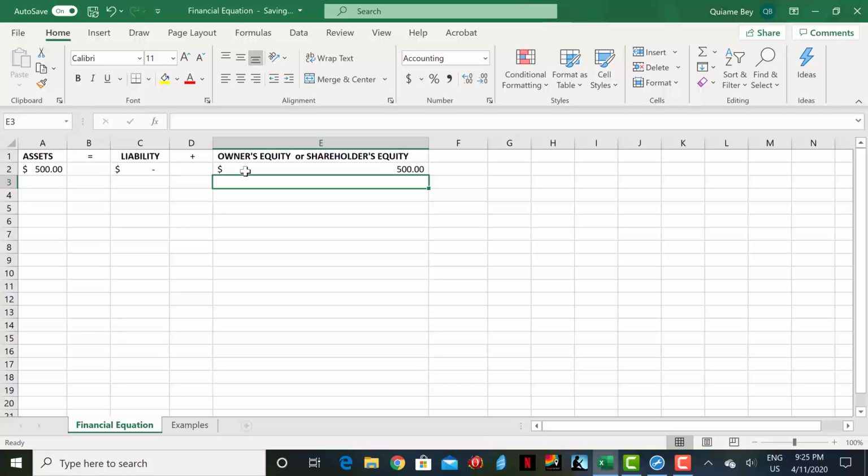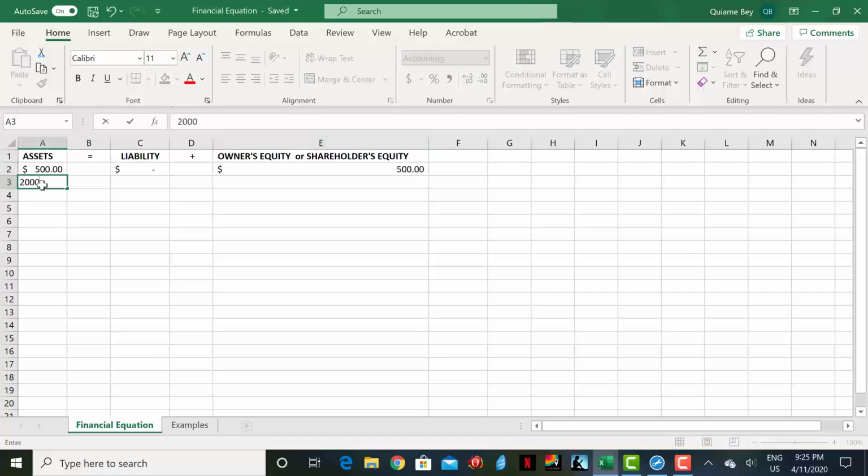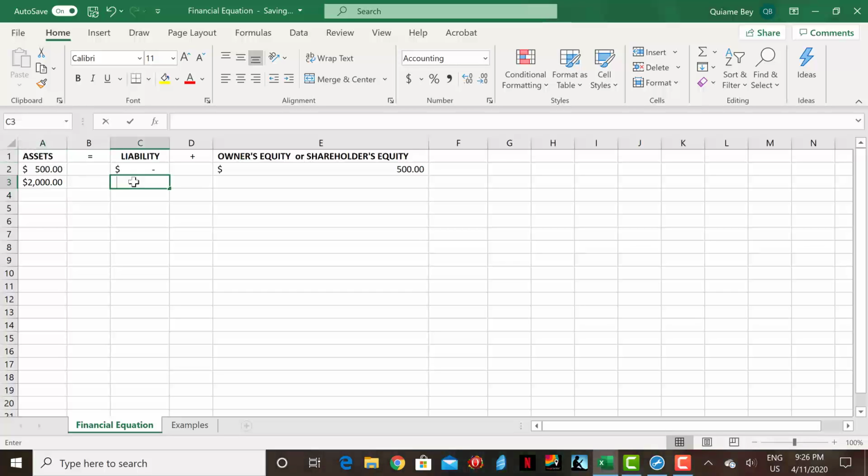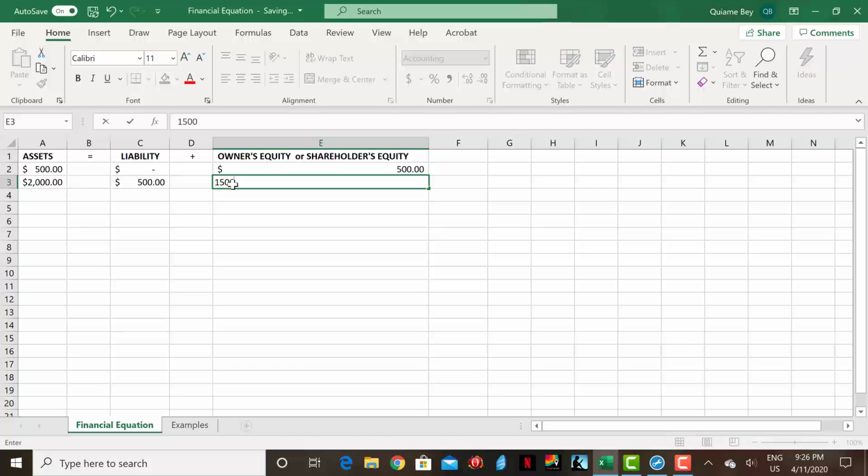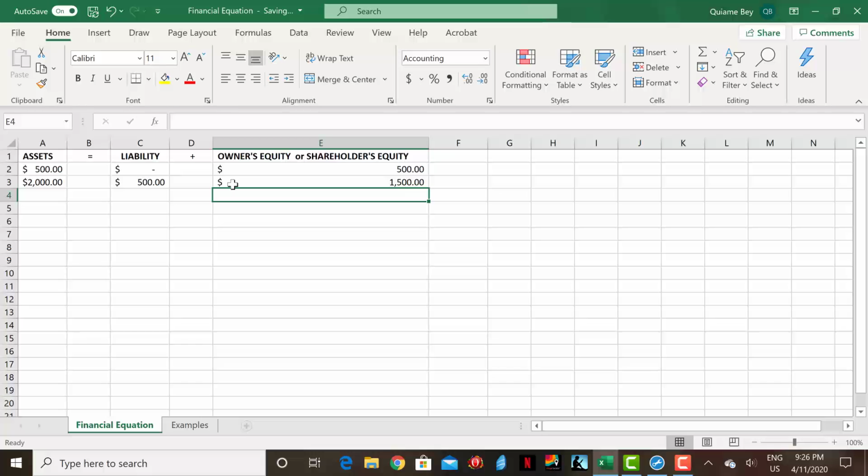Again, if your business's total current assets are $2,000 and current liability is $500 and current owner's equity is $1,500, then the business account is balanced because the total liability and owner's equity equals $2,000, which is equivalent to the